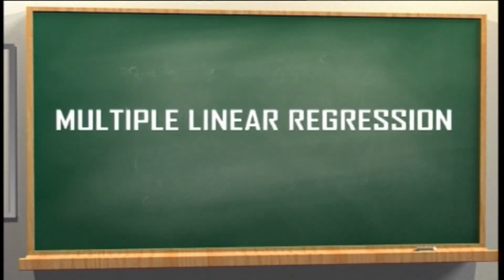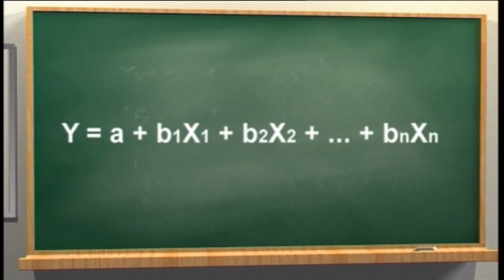Now, let us have a look at the multiple linear regression. Multiple linear regression is used when there is more than one independent variable to explain changes in the dependent variable. The equation for multiple linear regression takes this form: y is equal to a plus b1 x1 plus b2 x2 and so on,